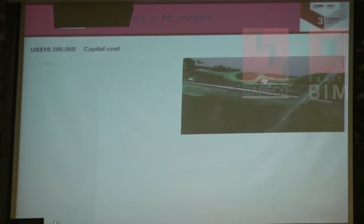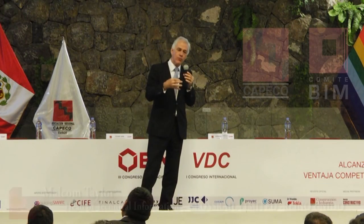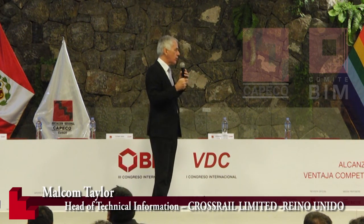And in one final slide here, CROSSRAIL is a big project. It's a very expensive project. We have many thousands of people working on this. We're running all the systems as a client to try and bring it together to create one railway. And it would be so much